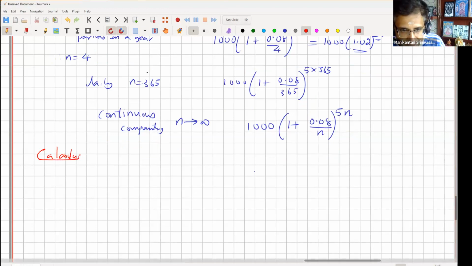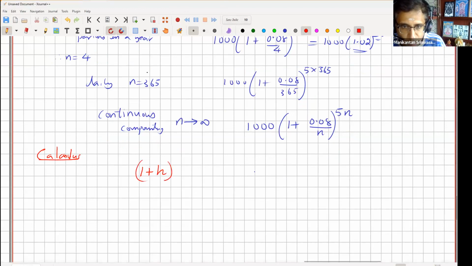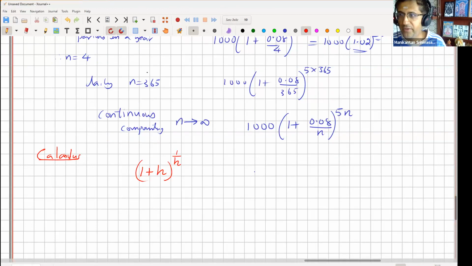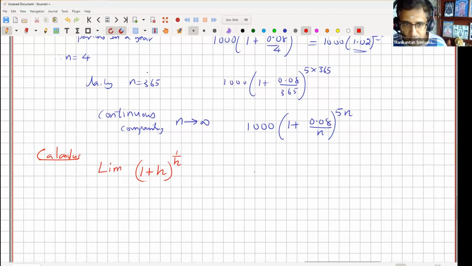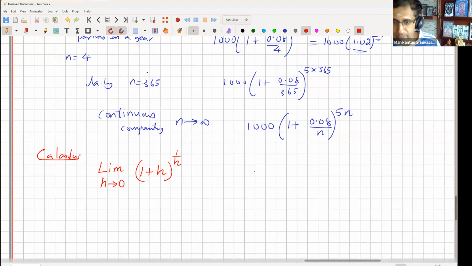There is a result which says (1 plus h) to the power 1 by h, if h is a very, very small number, small as in very close to 0. The way you write that in calculus is limit, right? LIM stands for limit. h tends to 0, as in h approaches 0. So I'll just give an example. Can you pull out your calculator and do h equal to